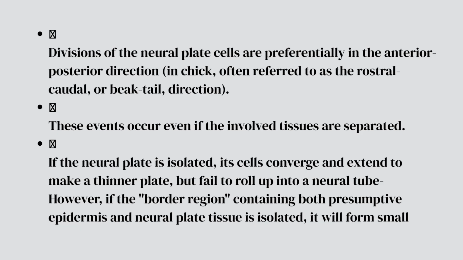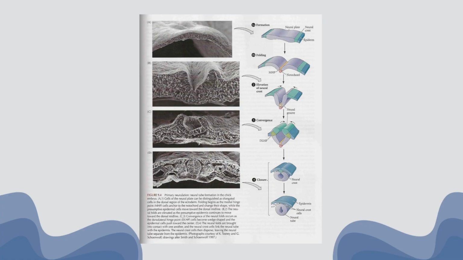The neural plate extends preferentially in the anterior-posterior direction. For example, in chick it is often in the rostral-caudal, or beak-tail, direction. These events occur even if the involved tissues are separated. If the neural plate is isolated, its cells converge and extend to make a thinner plate but fail to roll up into a neural tube. However, if the border region containing both presumptive epidermis and neural plate tissue is isolated, it will form a